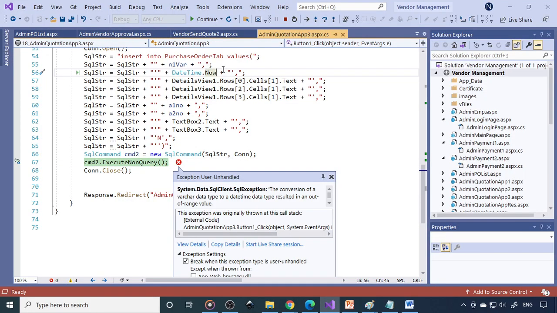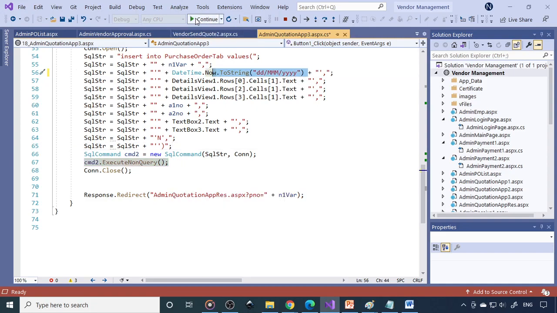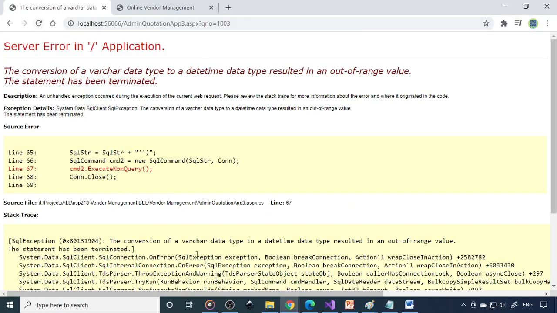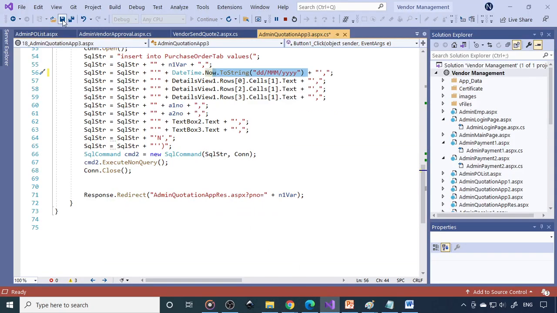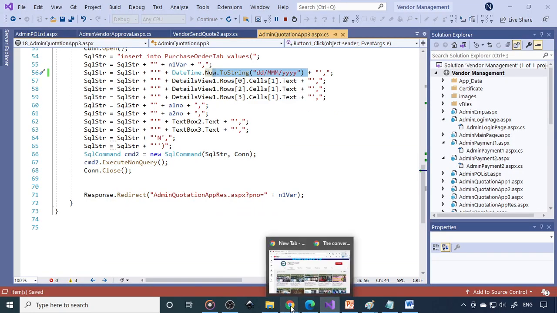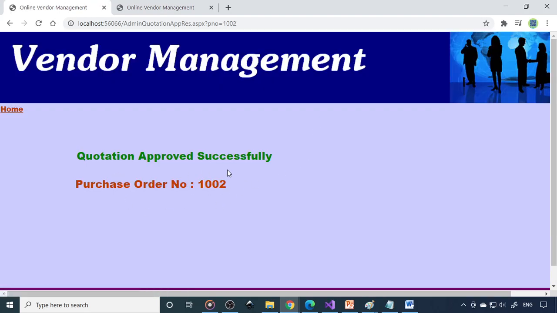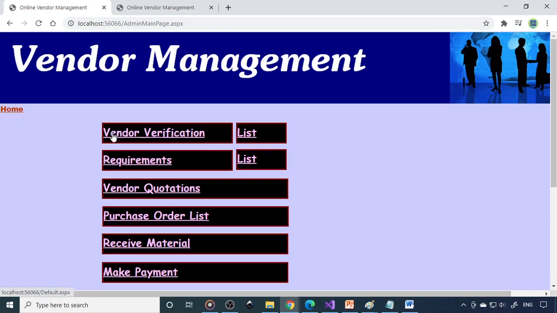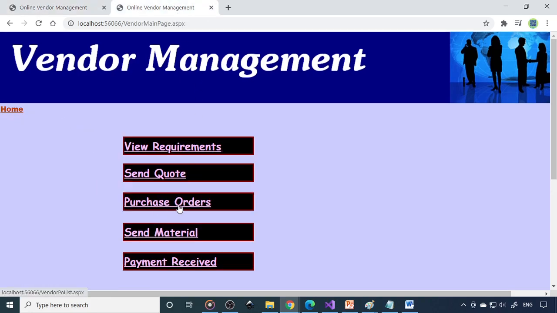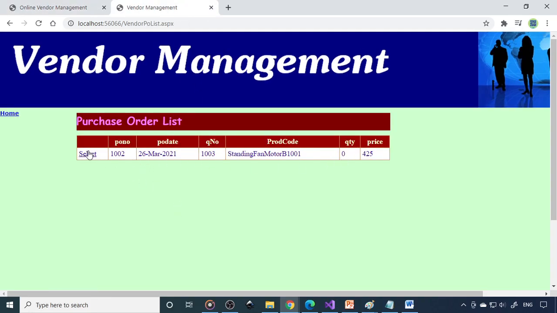Again date. Okay, sorry. So again you need to add this here, and then continue, and then you have to save this. Fine. So the quotation is approved. Now this side, you can see that purchase order. Now there is a purchase order here.